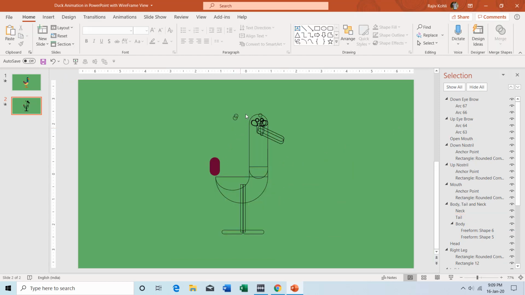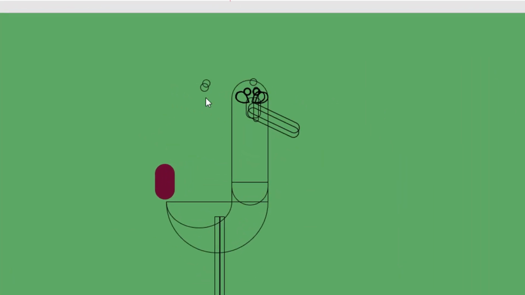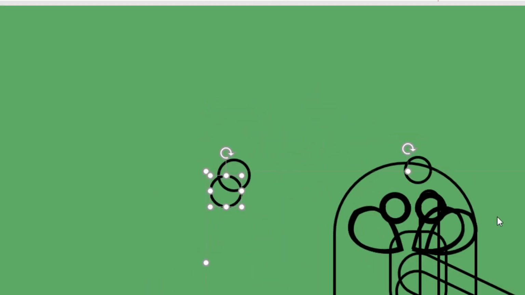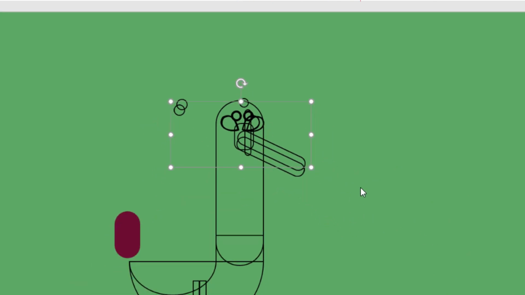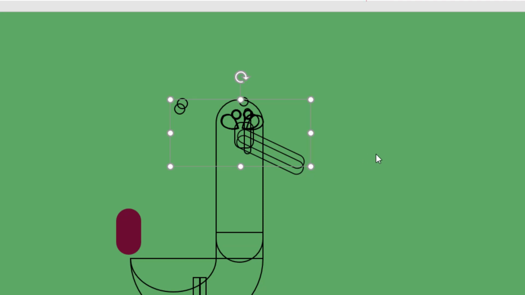Another thing that I would like to tell you here is about these circles. If I select them and zoom in, then you can see these three extra ovals here. One is right here and two of these ovals. I am using these ovals for the custom anchor point, and you can watch my video on custom anchor point. I have given the link in the description and in the cards.